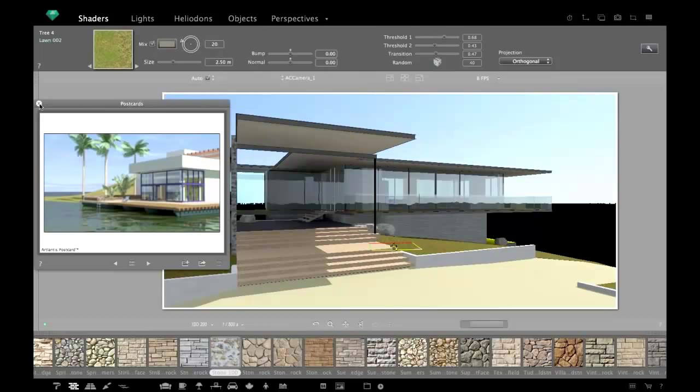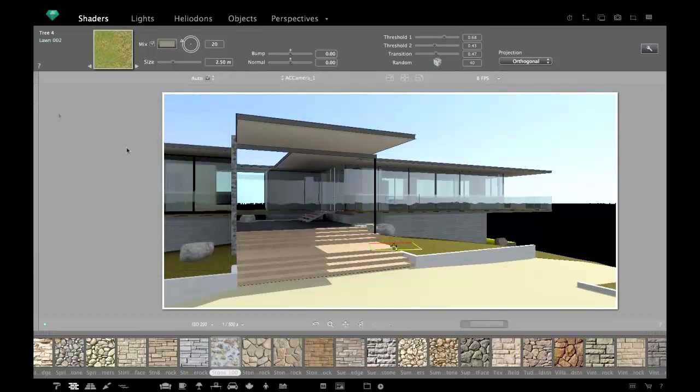So these were the postcards. If I would like to save any setting here, I can easily create a small JPEG of this preview